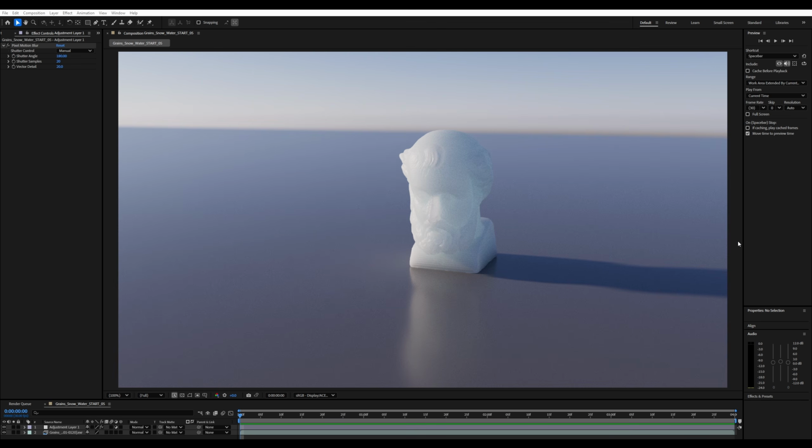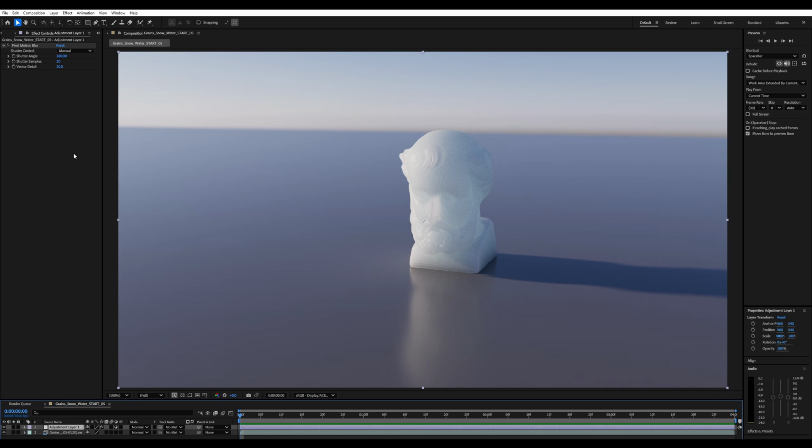So that render is finished. It took just over 1 hour to complete, and we've loaded up our EXR sequence into After Effects. Now the only reason we've done this is there are no color correction changes going on here, but what we have done is put an adjustment layer above our EXR sequence, and on that adjustment layer we have a pixel motion blur